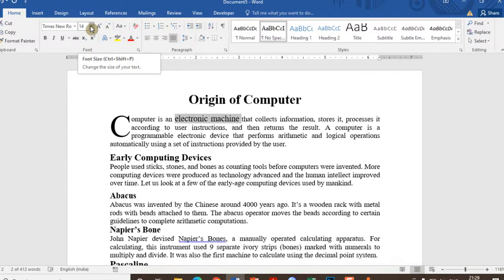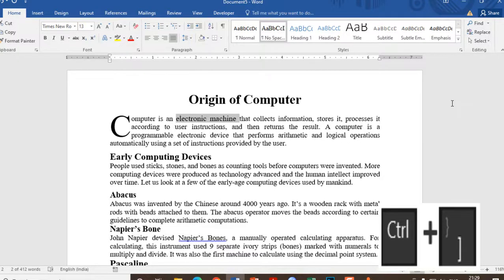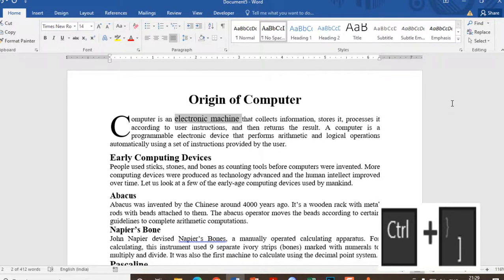The shortcut to change to a bigger font size is Ctrl plus closing bracket. Click once, 12 becomes 13. Click again,